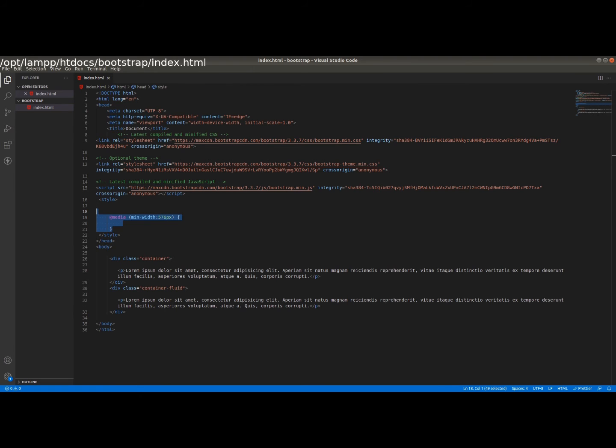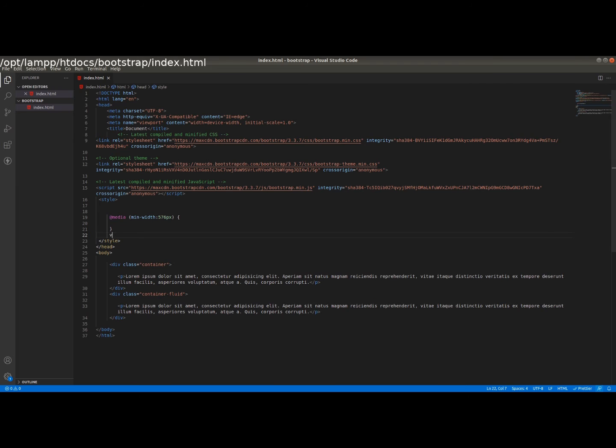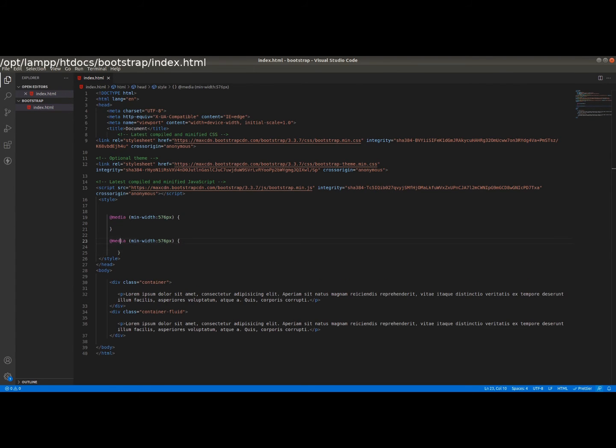So this query only works on the minimum width of 576, that is small size device, your phone. If I'm using the media query of 768 pixel, it is only for your tablets up to the tablet section here.